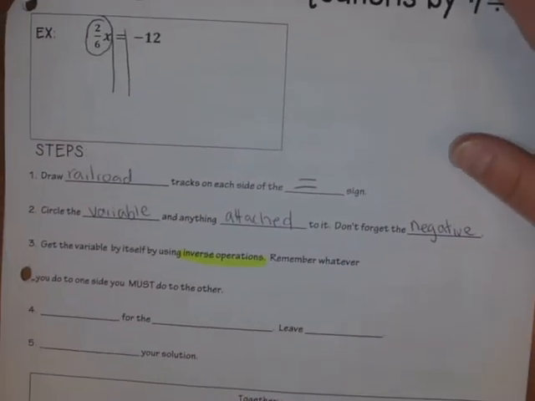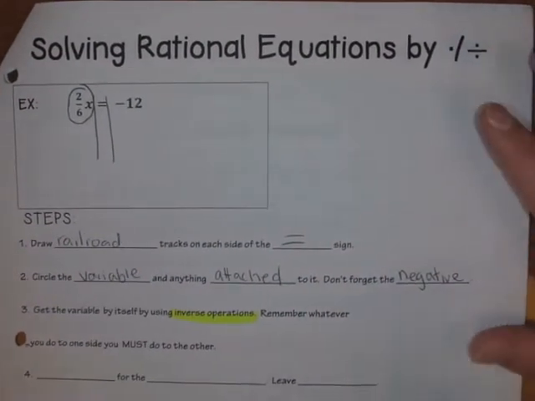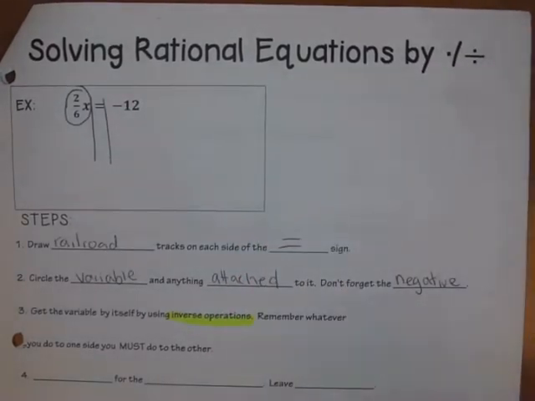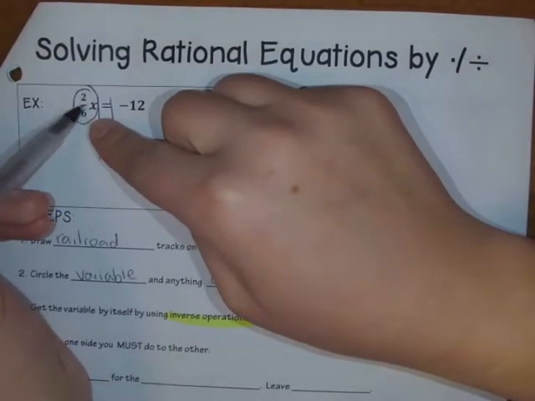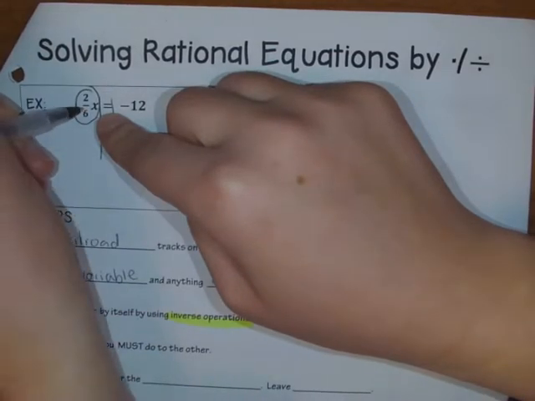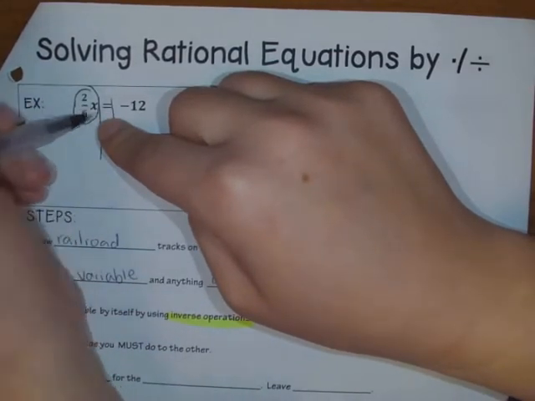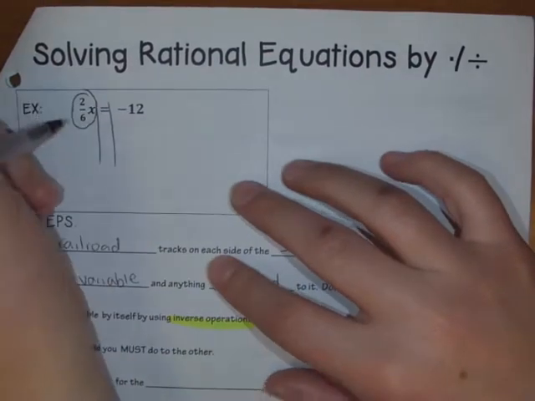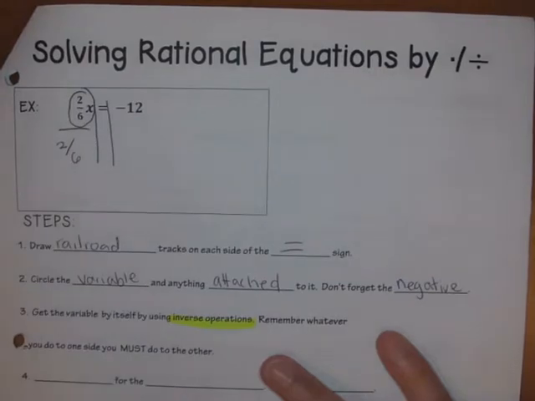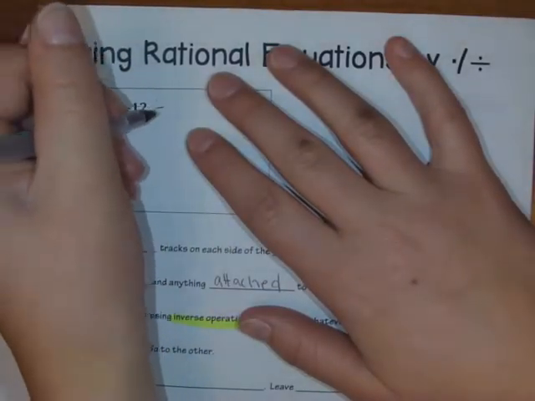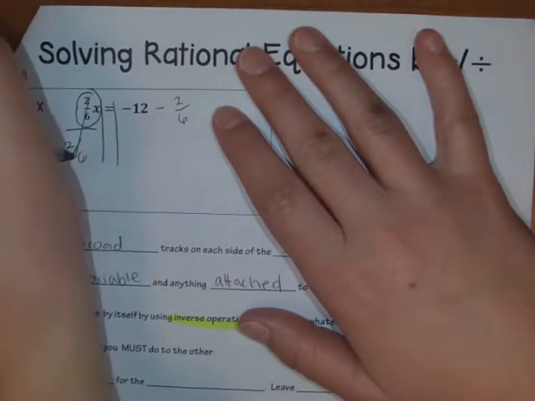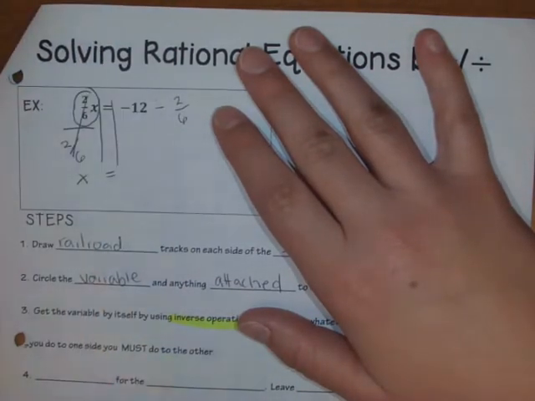So now when we're looking for the inverse operation, okay, you know that we're multiplying or dividing. That's what these notes are on. And so if the fraction here is attached to the variable like this, that is being multiplied. It's 2/6 times x. So the opposite of times is to divide by 2/6. Divide by 2/6. And then those are going to cancel and leave you with an x equals,